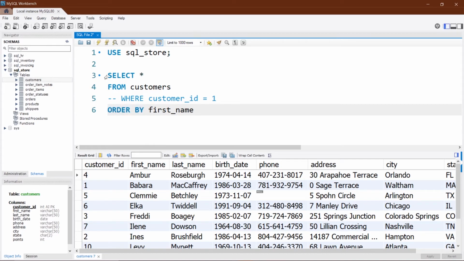Now you need to keep in mind that this is the proper way of writing all these phrases. This is the proper sequence of writing the phrases. So you cannot write where above the select statement. Your where statement should be just below the from statement. You cannot write a where statement in between select and from. So you need to keep in mind the order of all the phrases. Select is first, then from, then where, then order by, like that.